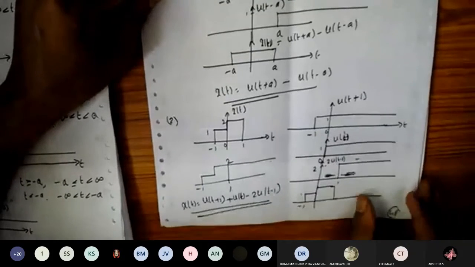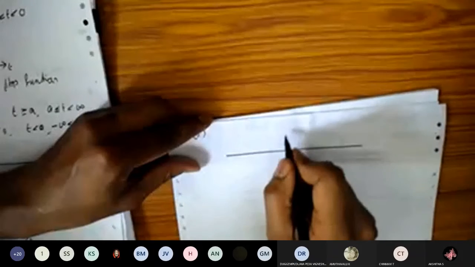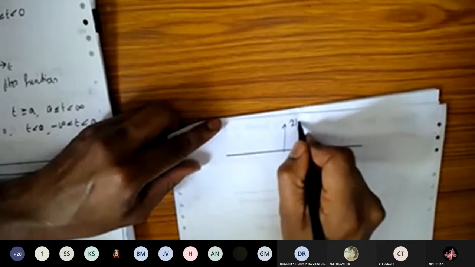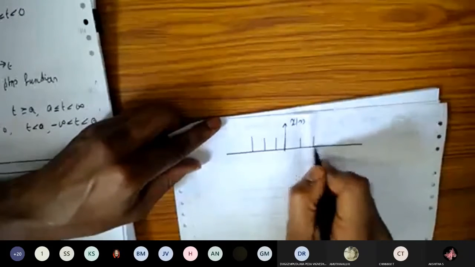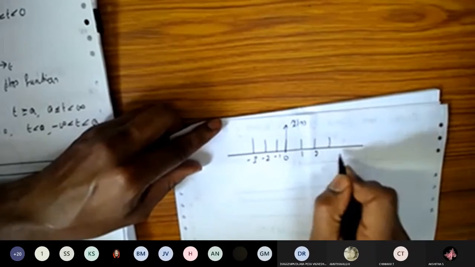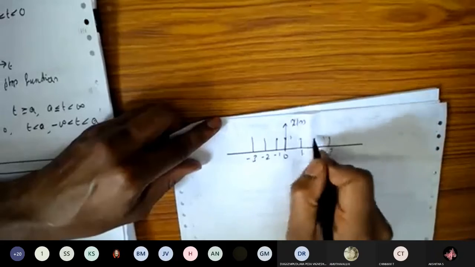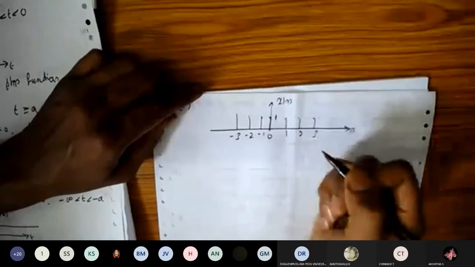But when you're taking discrete time signals, we should be a bit careful. I'm going to take that problem here. So take the discrete time signal. For the third problem, we need to express x of n in terms of the unit step function. So this is x of n, and this is some waveform I'll take here. This is -3, -2, -1, 0, 1, 2, 3, and it is having amplitude 1. This is n here.